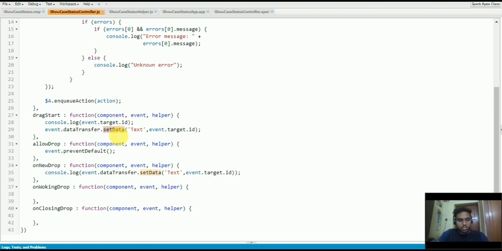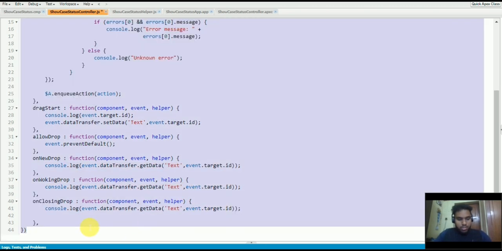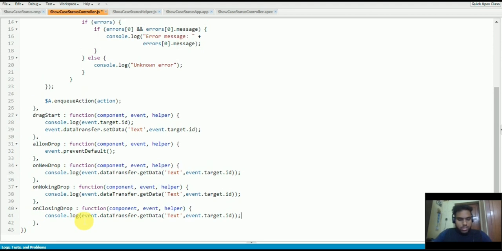Now we have to get the data of it. So which element has been dragged, we have to get the data. So that's the reason here I'm gonna use getData. So we have to get the record ID of the case on drop of it. I'm gonna similarly add console.log in all the functions. And now I'll just comment out this drag start console.log statement.